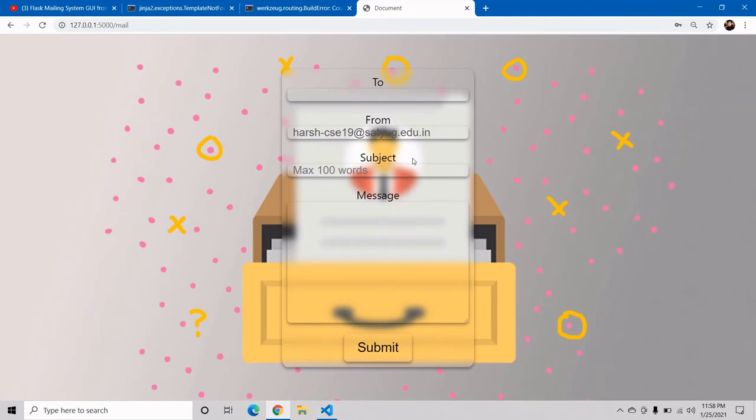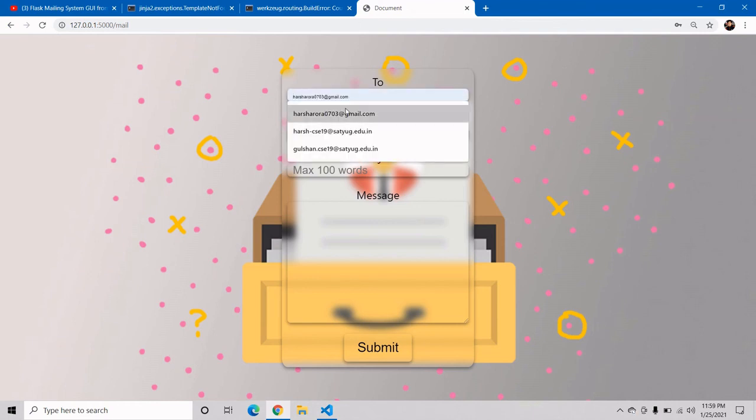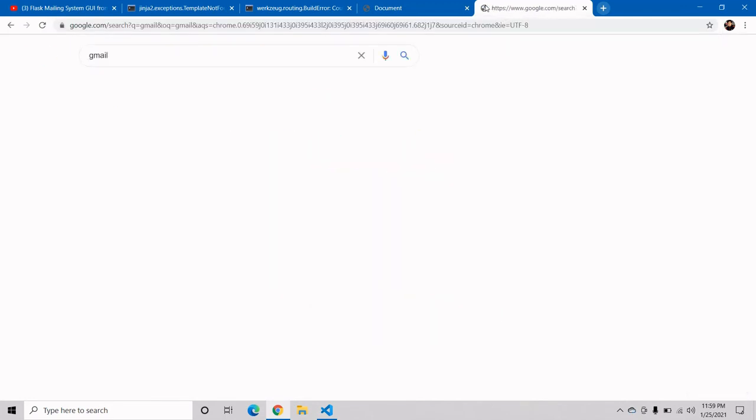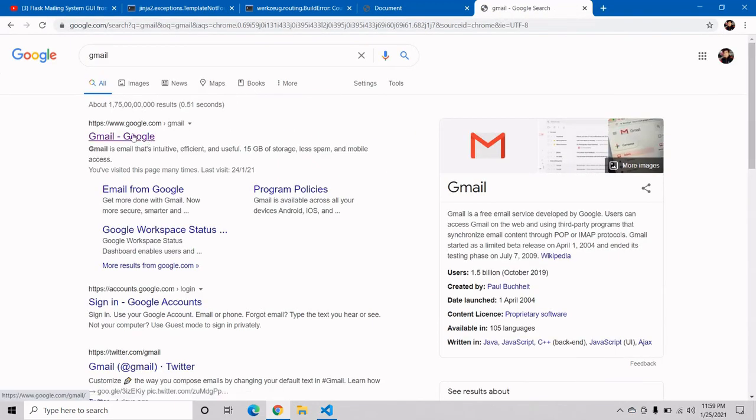Now see, it is showing our own username in from. So now it is time to send some mail over here. Hi, checking the mail system. Hello students. Now okay, we have to log in to our Gmail also to check whether our mail is successfully sent or not.